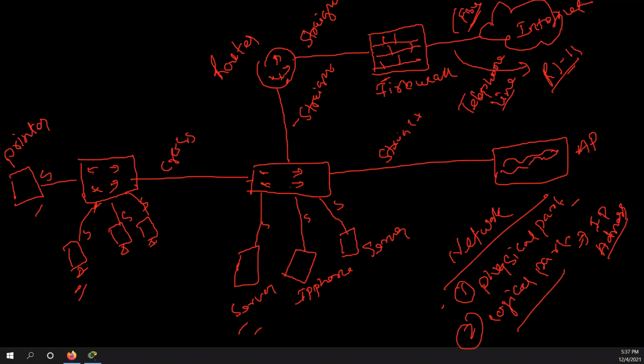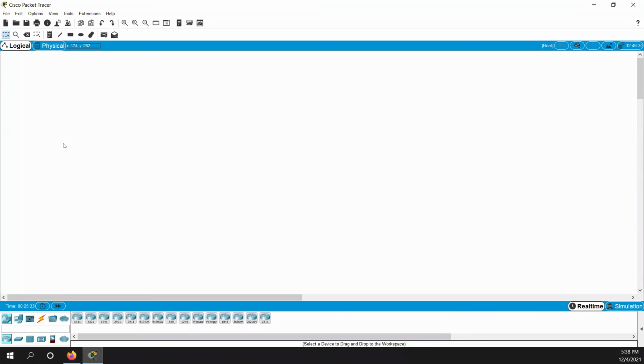So I'm just going to show you on Cisco Packet Tracer itself. Let me just open it here. This is very good software. You can use it. Cisco Packet Tracer, you can download and use it. If you have already used it, that's fine. So I'm just going to show you. For example, let me just make a connectivity. I would use this simulator.